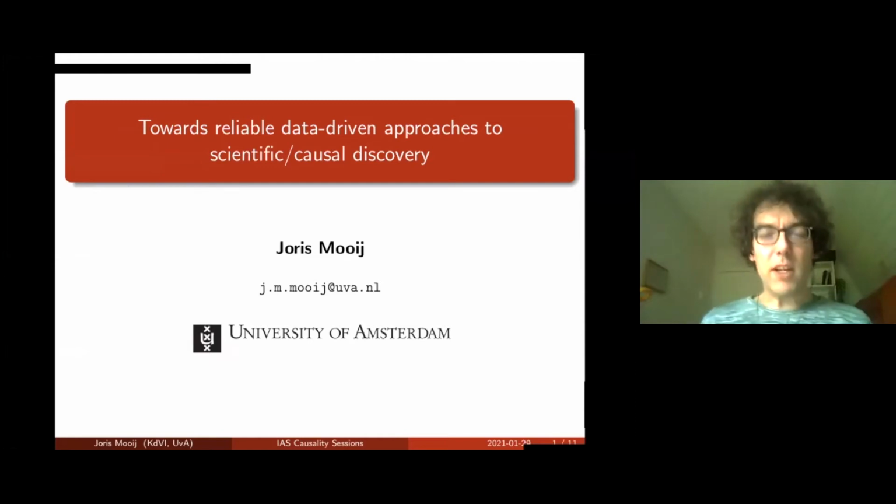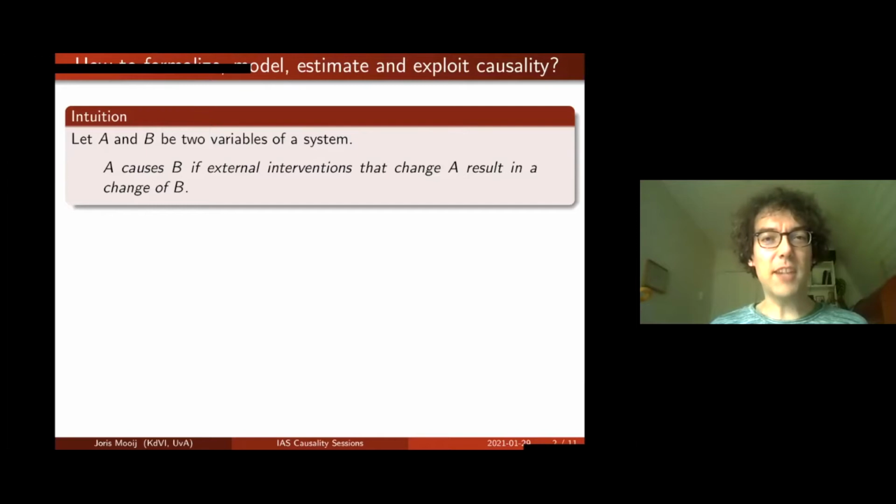So, yeah, I've been since 2007. Most of my research has been about causality. I think there are many problems in causality that I could talk about today, but I just selected one particular question. I would like to talk about going towards reliable and data-driven approaches to what you could call scientific or causal discovery. So just to get us on the same page, I'm not sure if that's necessary, but